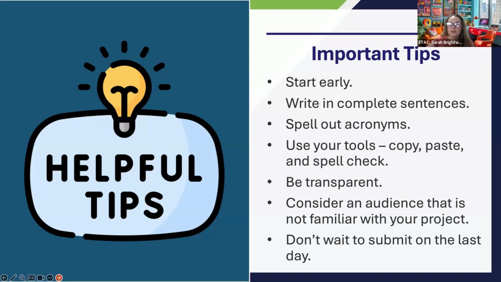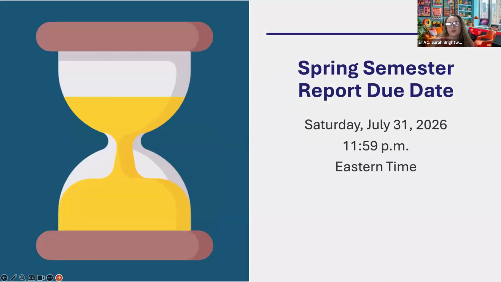And then final tip, don't wait to submit on the last day. First of all, the last day is a Saturday. If you need help on a Saturday, the help desk isn't open. So that's going to be a real pickle. And it doesn't change the due date just because it's on a Saturday. So make sure and submit before the last minute, because when it's 11:58 on Saturday night, we don't have a